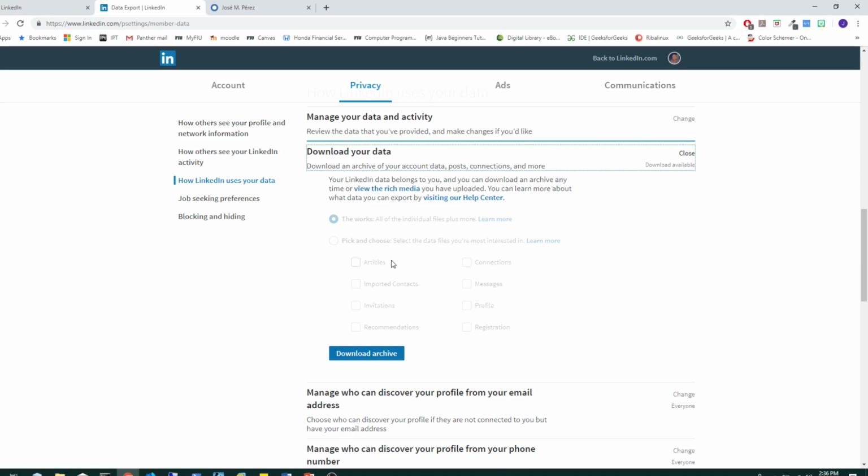And the second would be pick and choose, which allows you to select individual panes of your LinkedIn profile. So in this case, I can select profile, messages, and connections, and only extract those three panes from your LinkedIn profile. After you've decided which option you're going to be choosing, you should click on a button here that should